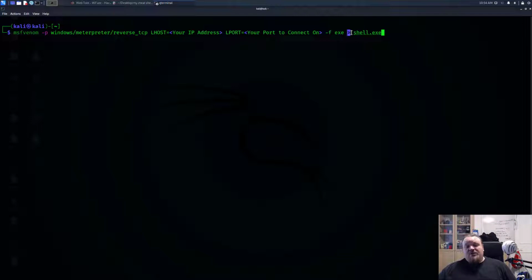You're diverting the binary code that is being generated to a file called shell.exe. This is the way you use MSF Venom for